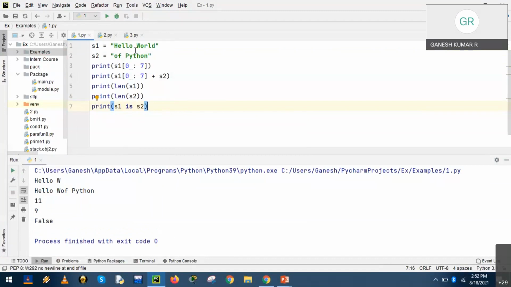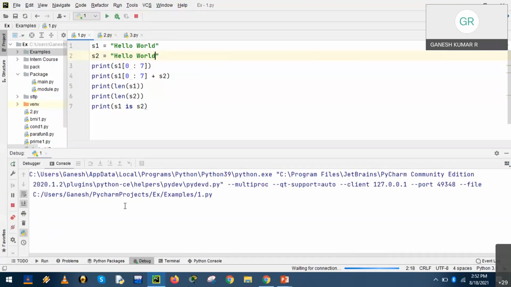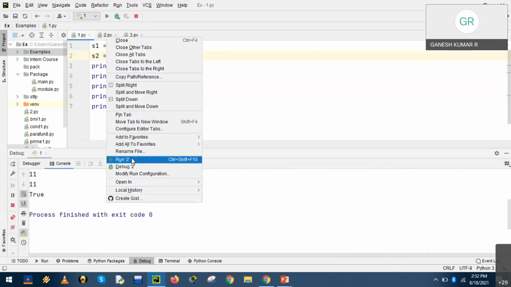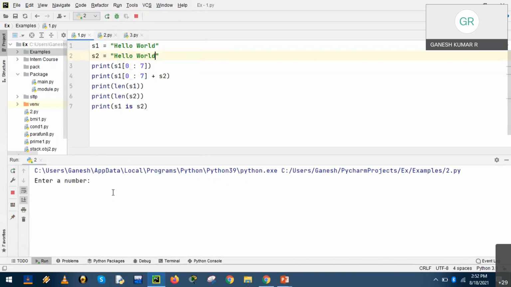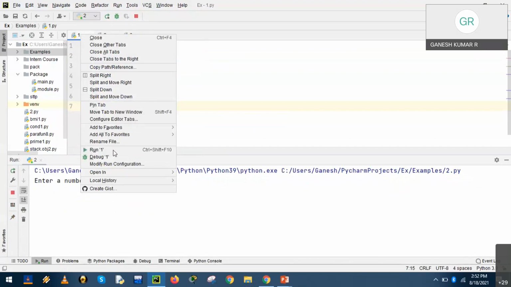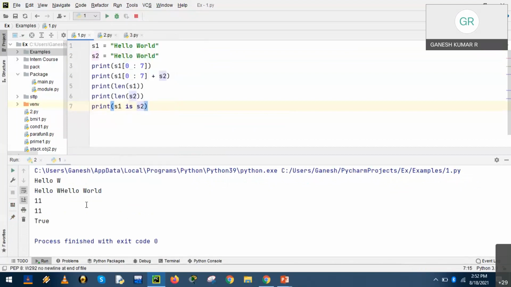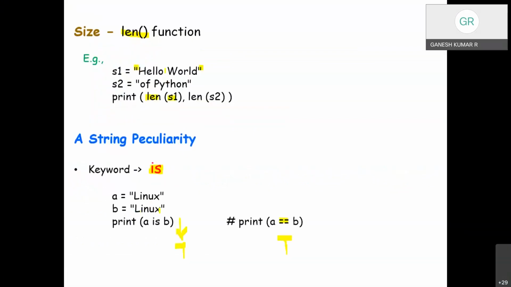Now if we change it so that both are the same, we have got the correct output, true. So the operator is in a string is used to check the similarity.